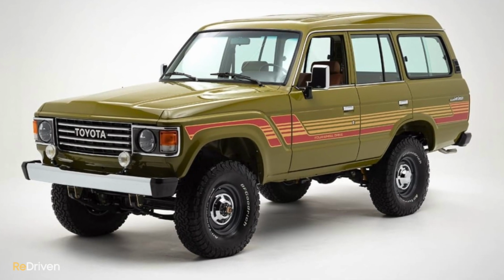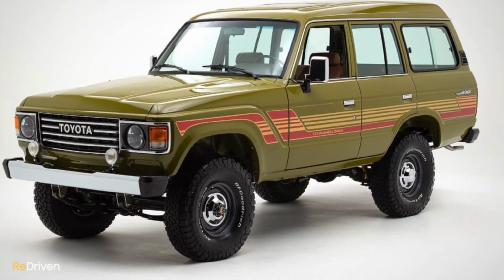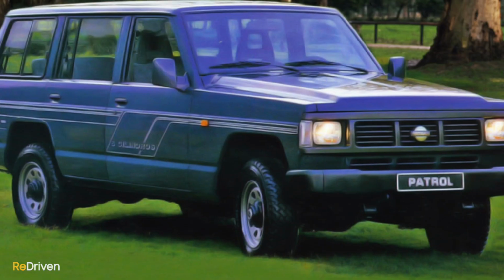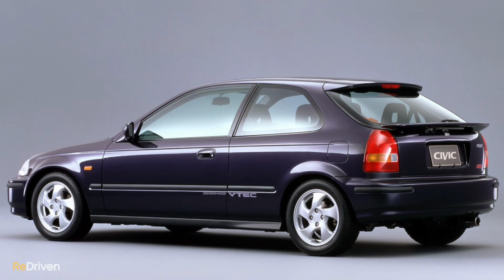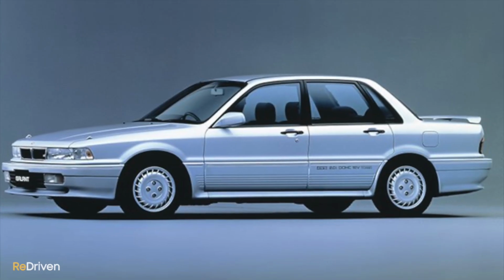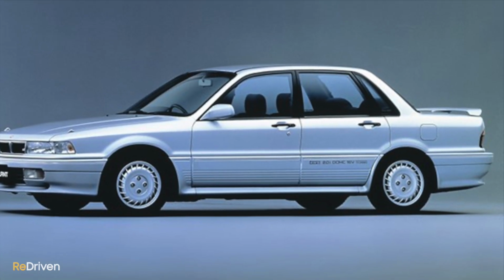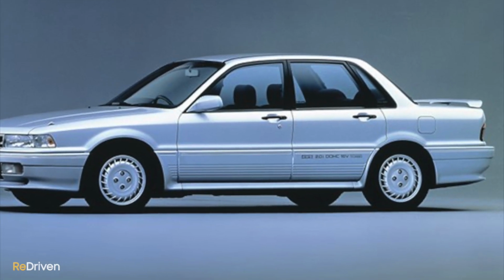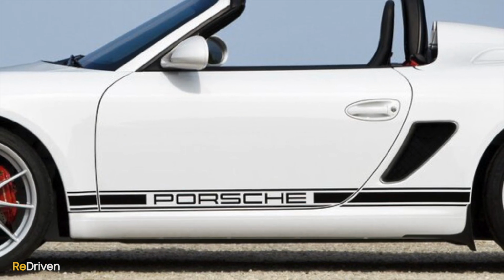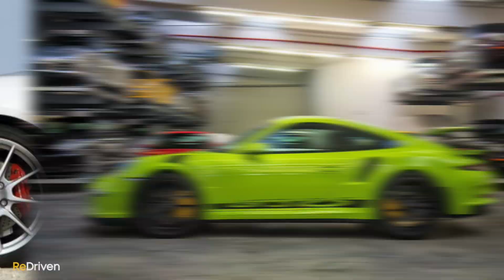Okay, finally, and it's my personal favorite on this list, let's bring back retro graphics and decals. We're talking in the style of everything from the funky stripes and shapes as seen on the 60 series Land Cruiser, the first generation Pajero, and the 160 and 260 series Nissan Patrol, through to Honda's iconic VTEC double overhead cam door decals, and Mitsubishi's Galant VR4, listing out pretty much its entire engine and transmission specs on the side of the car. Porsche offers a range of retro-inspired door graphics on everything from base model Boxsters through to Track lane GT and RS models,